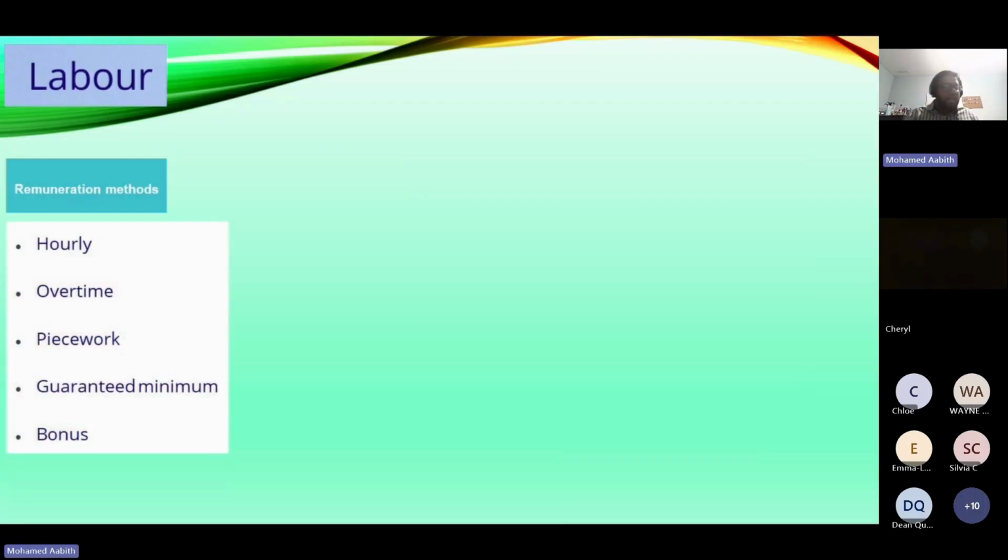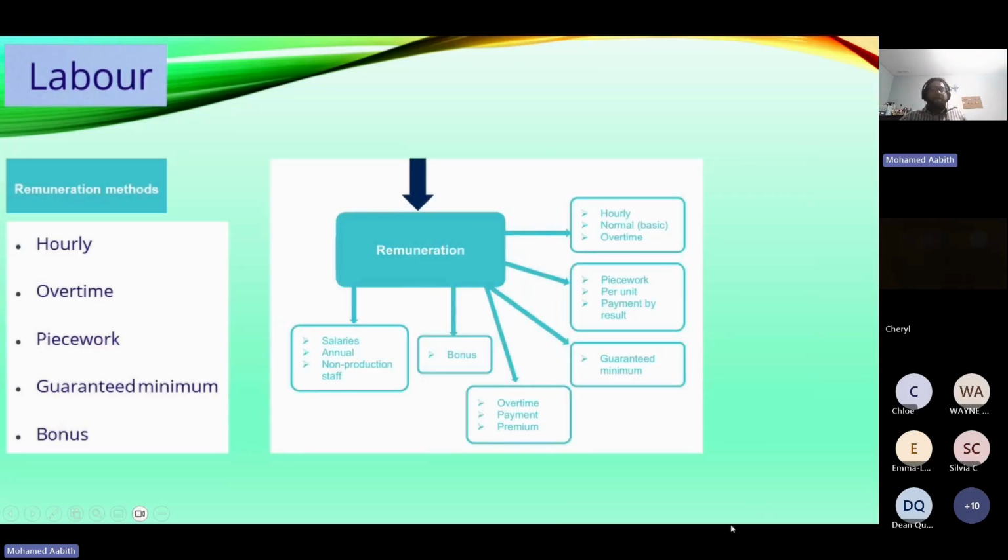So what is the meaning of labor? This is the direct cost we attribute towards paying the staff. How do they pay that? They will pay hourly, by overtime, sometimes by piecework, guaranteed minimum. Then there can also be a bonus scheme. So we're not going to look at every one of them, but we're going to look at the important concept,